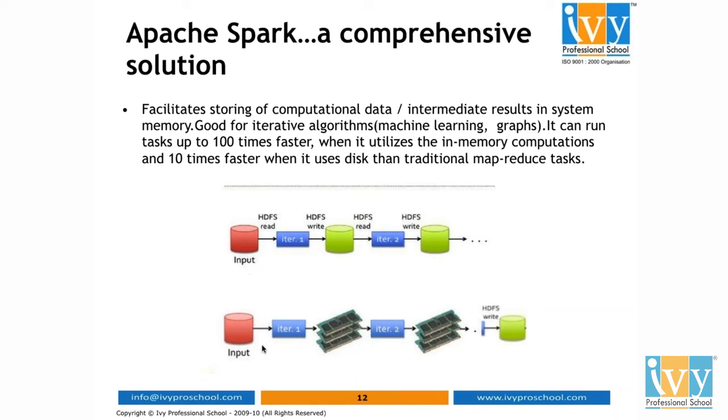You know that Spark is 100 times faster in memory, and on disk also it's 10 times faster than traditional MapReduce. So with the help of Spark, you can store the intermediate results in memory, which makes it really faster. This is in-memory computation with Spark. This is what you do within Hadoop.